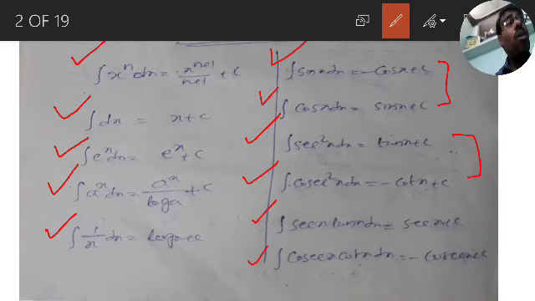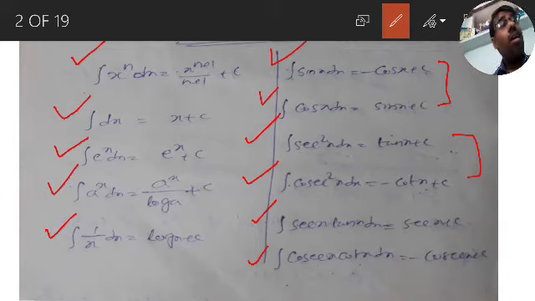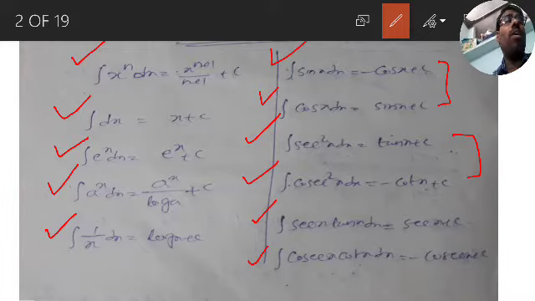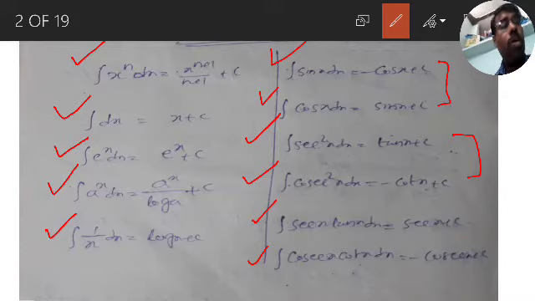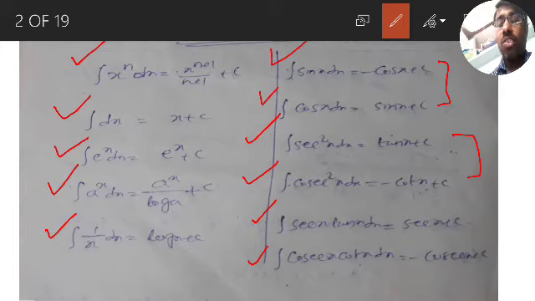In the very first class, what I told you is that differentiation and integration are reverse processes to each other. For example, derivative of log x is 1 by x, which implies integration of 1 by x is log x. In that manner we wrote these basic 11 formulas and we did problems on them. These are the 11 basic formulas that I gave in the very first class. Read them and remember them.